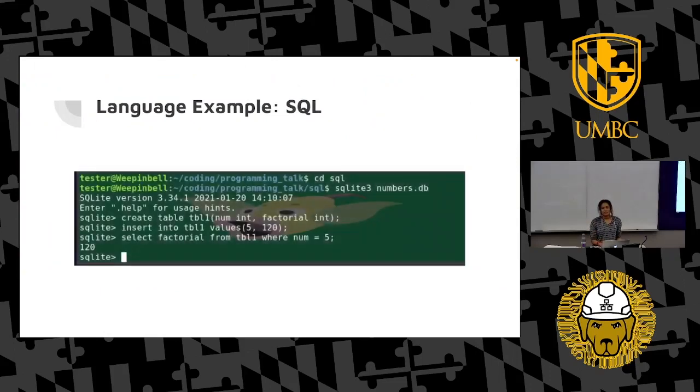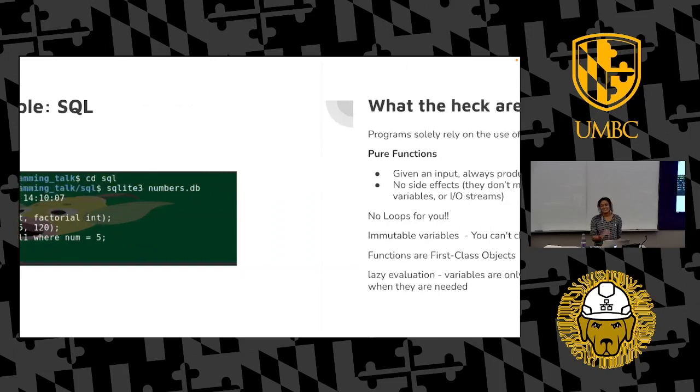So here's an example of SQL. I'm gonna be real, I didn't feel like calculating how to do a factorial in SQL. So instead, I just made a table with 5 and its factorial, and then I just retrieved it using a SQL query. It gets the point across. You didn't tell SQL how to retrieve the data, you just told it what data to retrieve, and it retrieved it. Yay, I didn't cheat. It's fine, guys. Select factorial from table 1. Yeah, exactly. See, it's fine. Everything's fine. It's built right in.